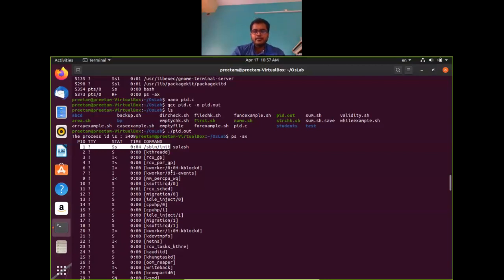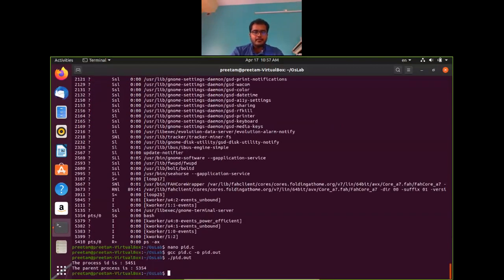As you get to know, every process has some parent process, right? If you go to the parent of that parent, and the parent of the parent, at some point of time you will reach PID 1. So these processes are basically spawned as a tree structure. You can also get that tree structure using the pstree command. If you execute this command, a tree-like structure of the processes is shown to you.